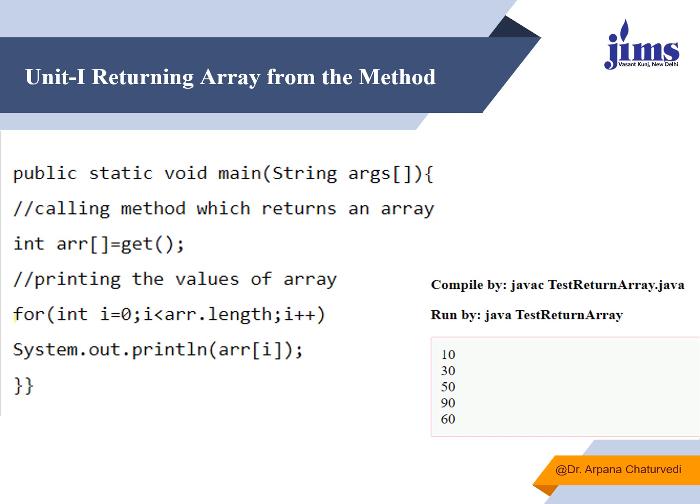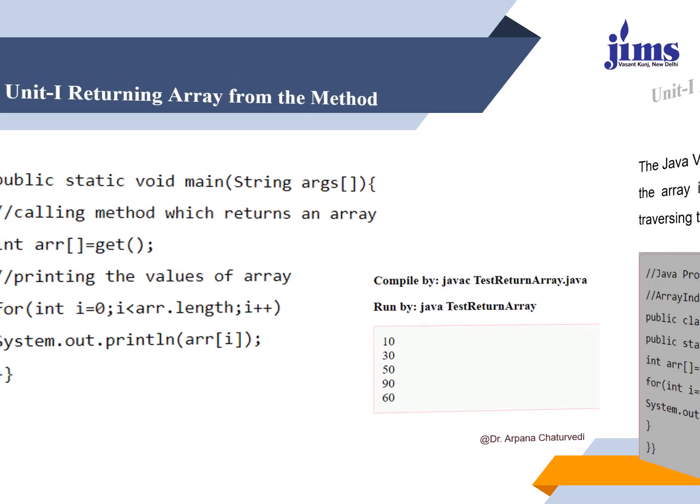And what are the values which we have passed? You can easily see what values we printed: 10, 30, 50, 90, 60, and the values which we passed were 60, 90, 50, 30, 10. We passed as an argument an anonymous array 60, 90, 50, 30 and 10. And in reverse we are getting 10, 30, 50, 90, 60. So this was only an example where we have seen how we get an array as a return value.